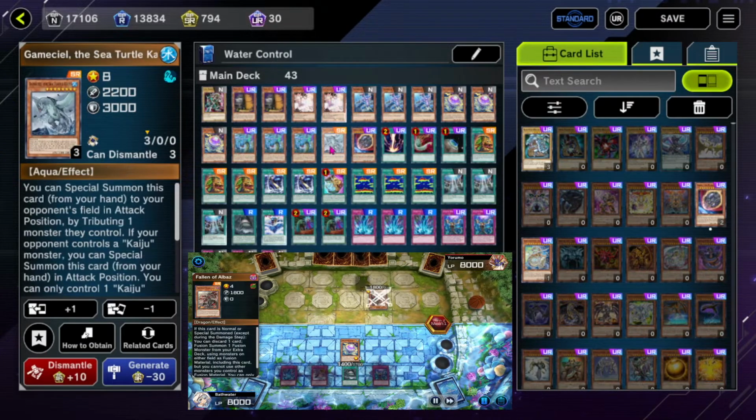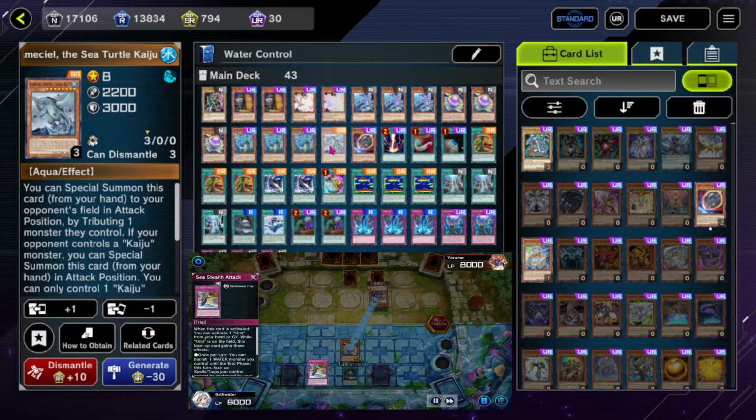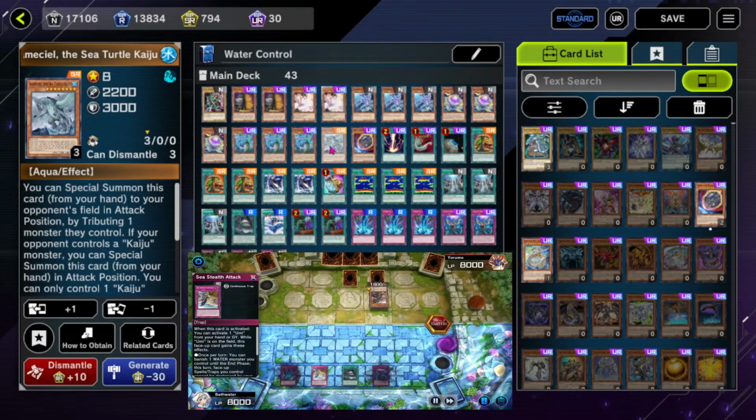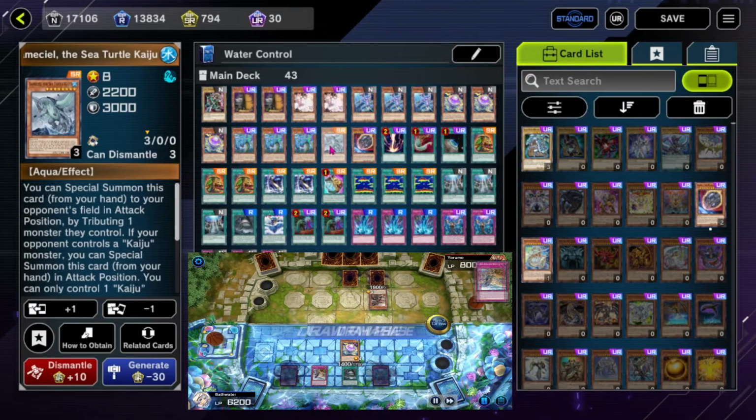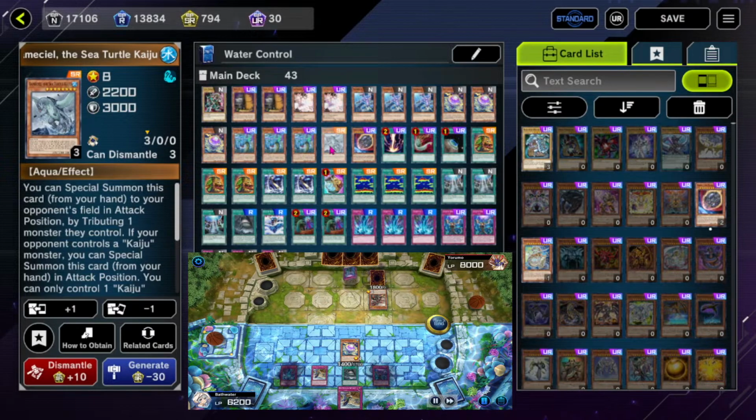We do run a singular Gamma Seal, because the one thing that this deck actually does struggle with is taking out large, unaffected monsters, right? Like something like a Borrel End Dragon. Like I had a game against Dragon Link, and there was actually no way for me to really out Borrel End. It can't be targeted, and it can't be destroyed by card effects, and none of my monsters are going